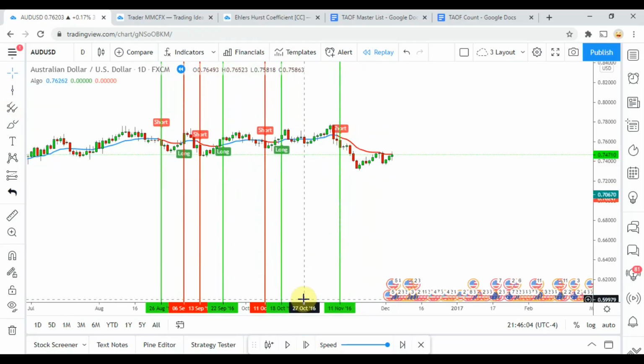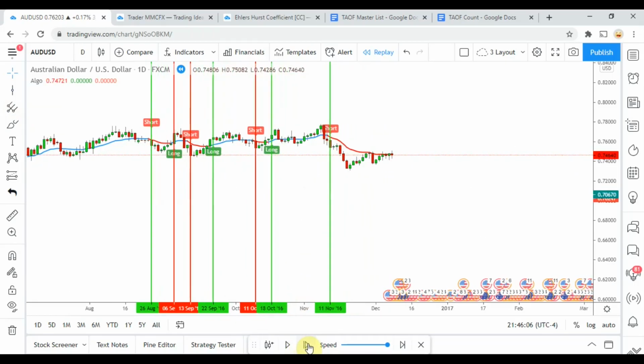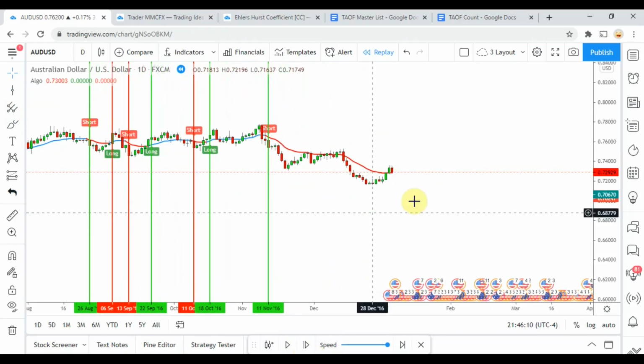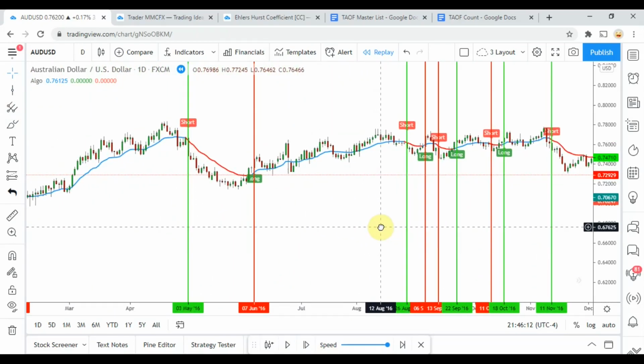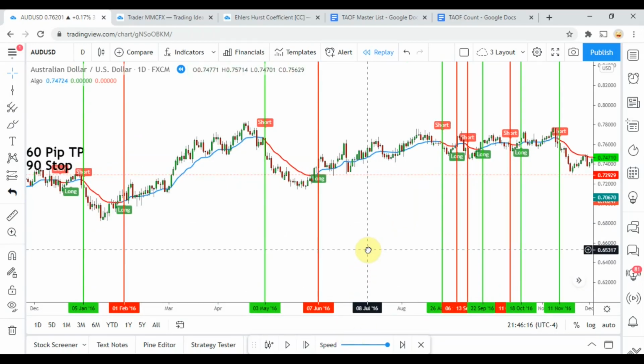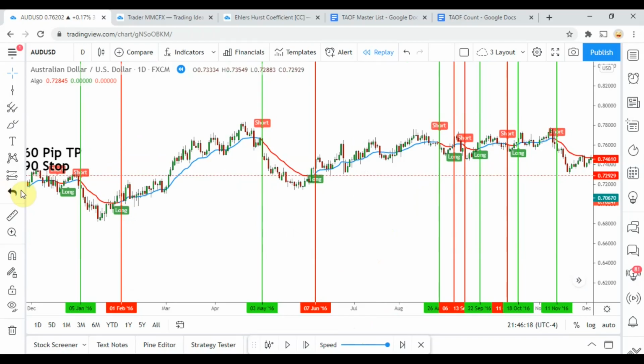Then we get a short right there. That one worked out for us rather nicely. And that was it. That was it right there. Puts us at the end of the year. All right, let's count these out and see what we get out of them.